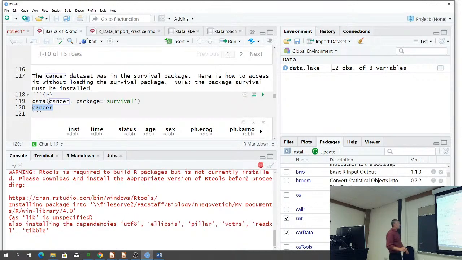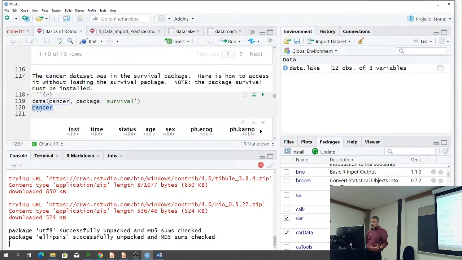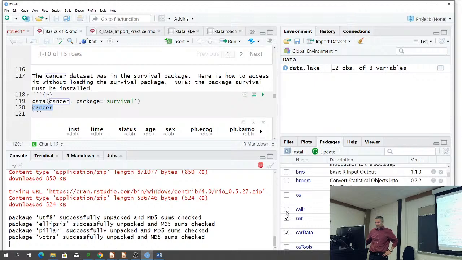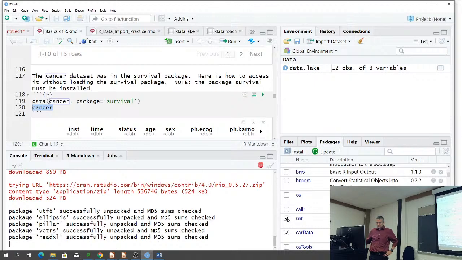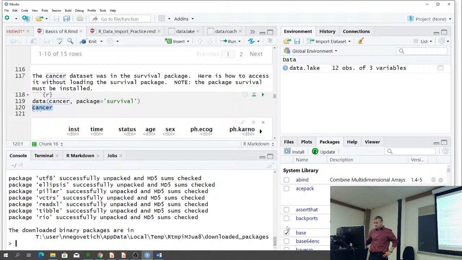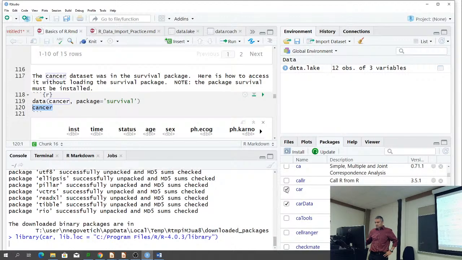But you can see that the function was library(car). Now this gave us a little bit more information. Let's finish this. All right. So when I hit car,